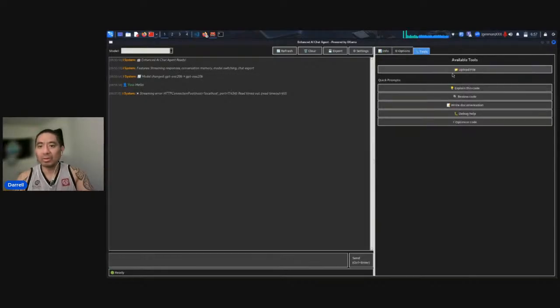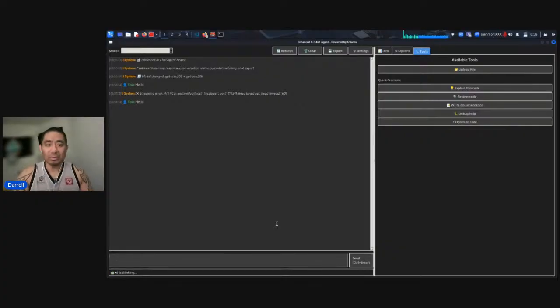I'm not going to clear memory, tools, review code. Maybe debug help? No. It's not giving me anything. So right now it's ready. Let's try it again. Control Enter and see what it does, because right now it said ready.